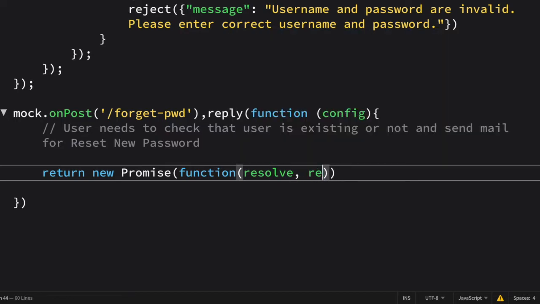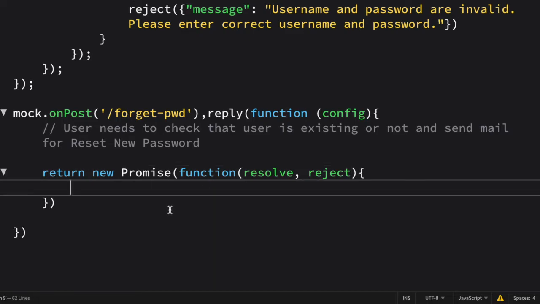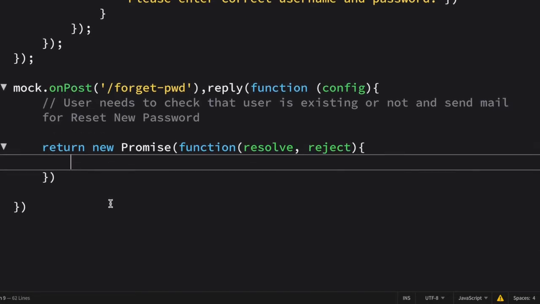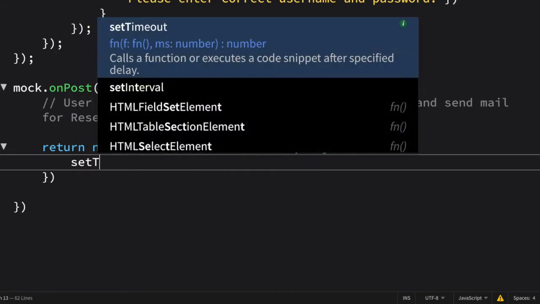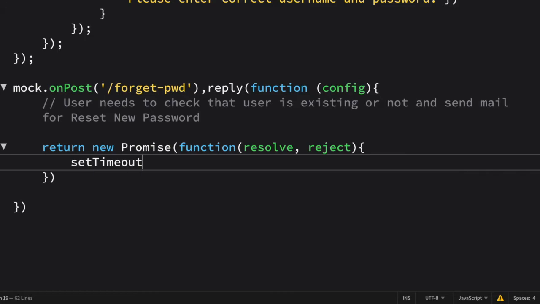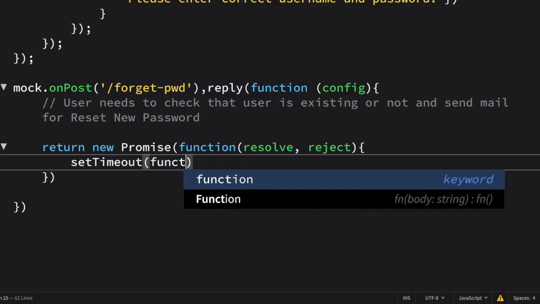This will basically reduce our code. So here I am writing resolve, reject directly. And after this, set timeout, and write a function for this.